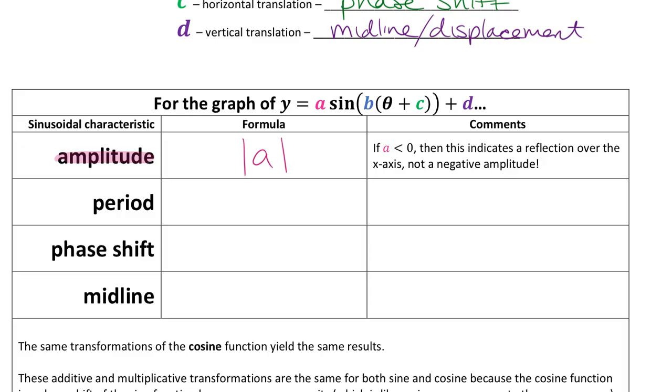The formula for the period of the function, because like I said, b is related to the period, it's not exactly the period. B is found by doing 2 pi divided by the period. And what might make this easier, because sometimes I'll give you b and ask you for the period, or give you the period and ask you for b, is we can put this into